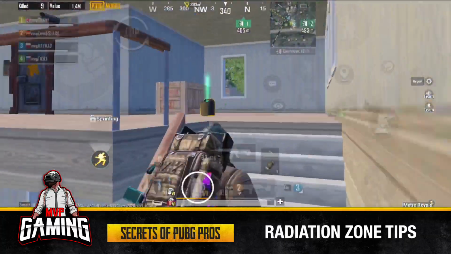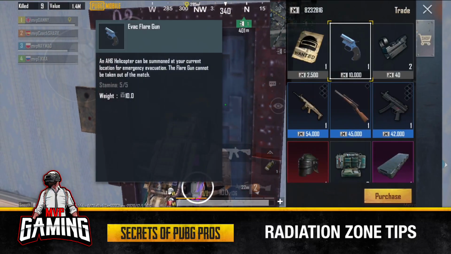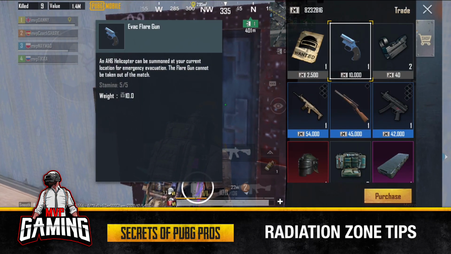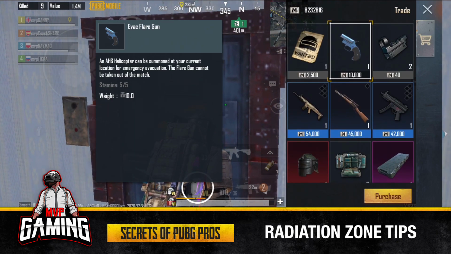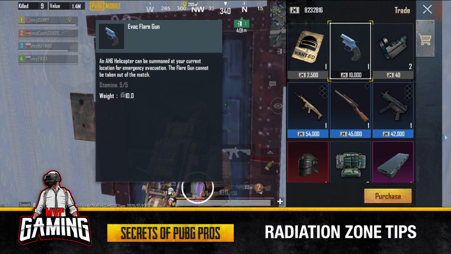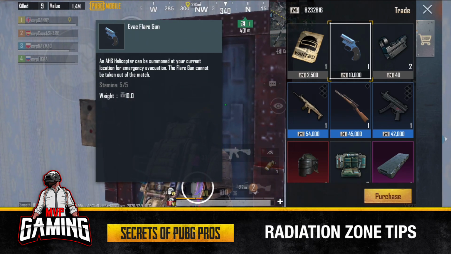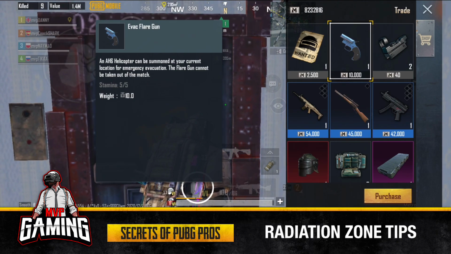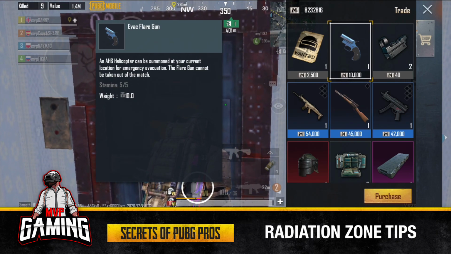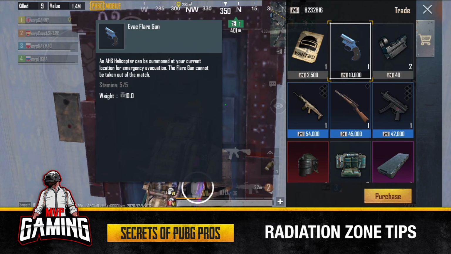Now if you do find yourself with a bit of extra time, you can come to this shop, and you see here, guys, this evac flare gun. This is what you want to be taking into the radiation zone. So you buy that for 10,000. I'm not going to buy it now because it disappears at the end of the game anyway, so there's not really much point. But if you do buy that at the start of the game for 10,000 and take that into the radiation zone, then it's a lot better for you, a lot safer, especially as a solo or a duo,